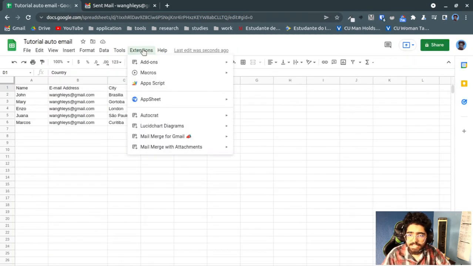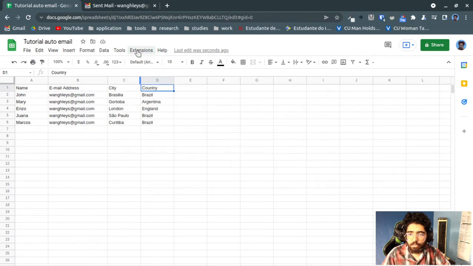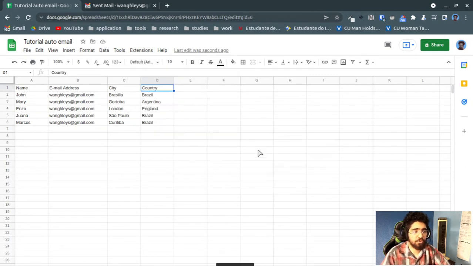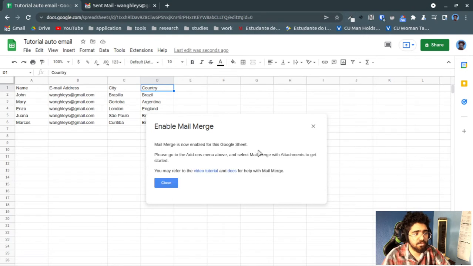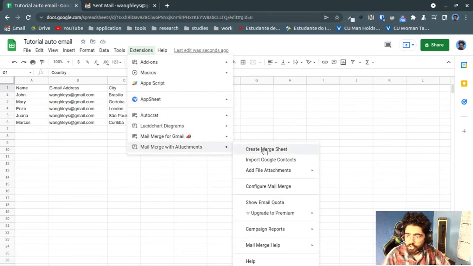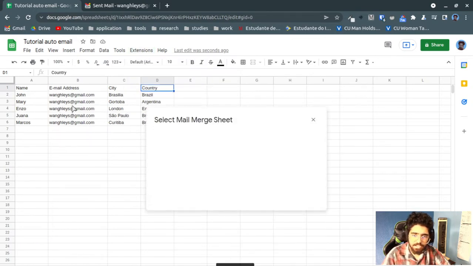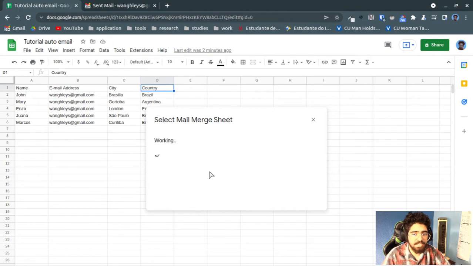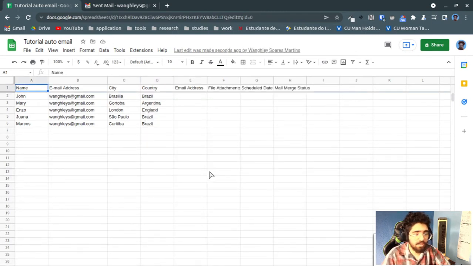With this extension installed, it will appear inside of extensions, right here, mail merge with attachments. All that you need to do is enable the mail merge for you to send these automatic emails. So it's okay, now the mail merge is enabled, and now we just need to create the merge sheet. In this case, it's this one that we already created. We just need to select the sheet that we are going to use. In this case, it's the people sheet. I named this one people, and as you can see, it created